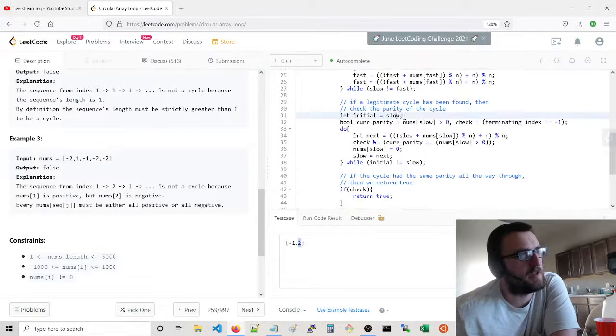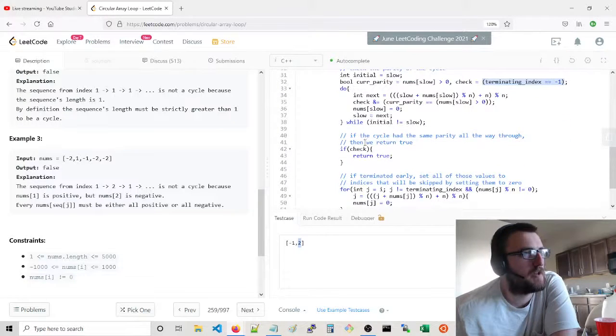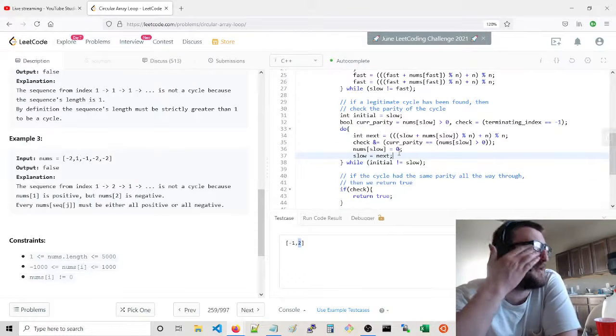And then we say initial is slow, which is this spot. Current parity is true. Check. This should be false, right? So check is false. Doesn't matter what we do in here. We're going to be false over here. However,